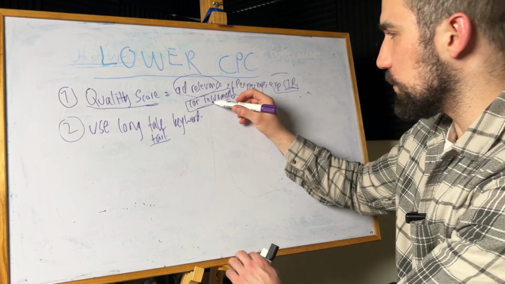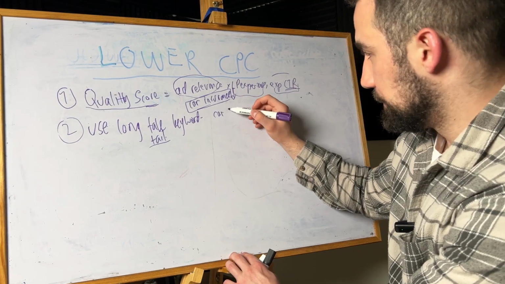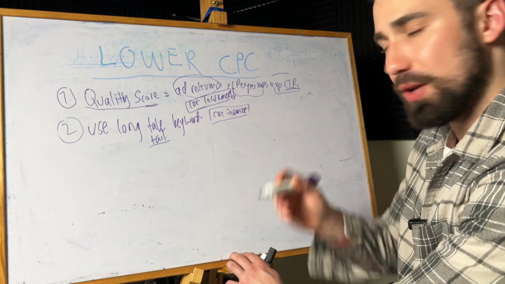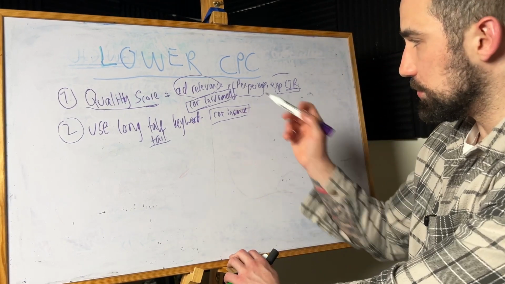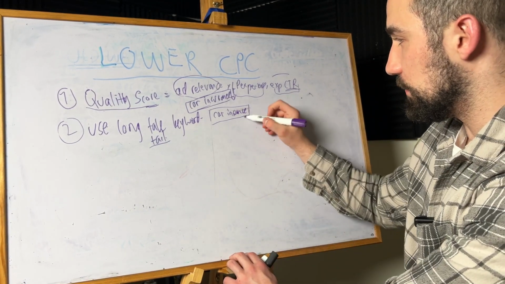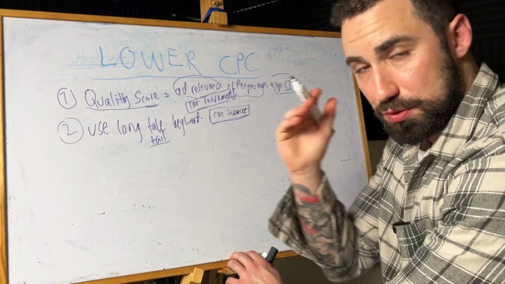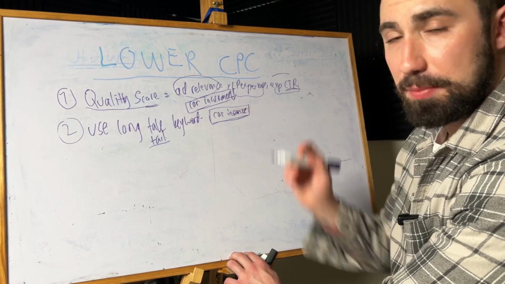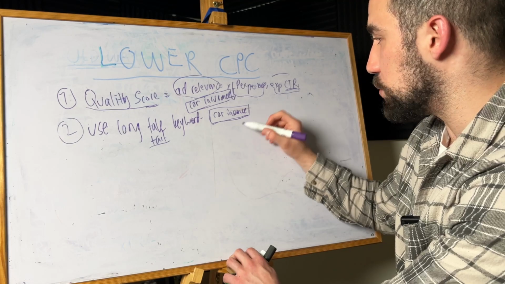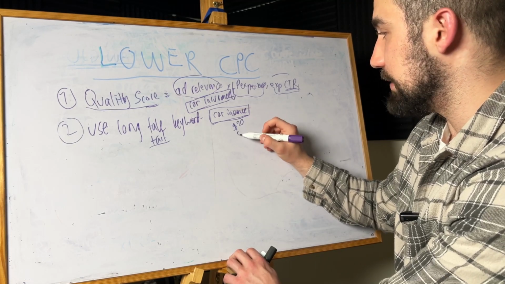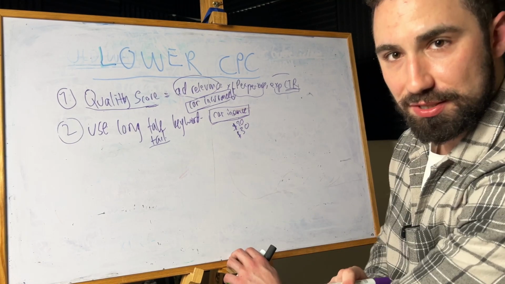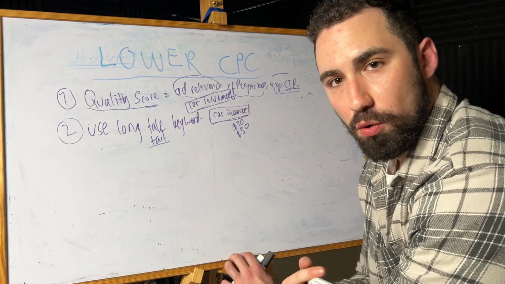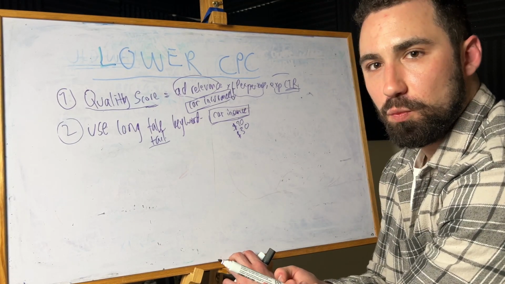Going with the car insurance example, car insurance is not a long tail keyword. This is probably a really competitive keyword if you want to bid and get the absolute top of the page position for it, and it's going to be really expensive. You'll probably end up paying $20 for this, even $30 in some cases. I've seen on some of the ad accounts we're paying $90 on certain keywords,